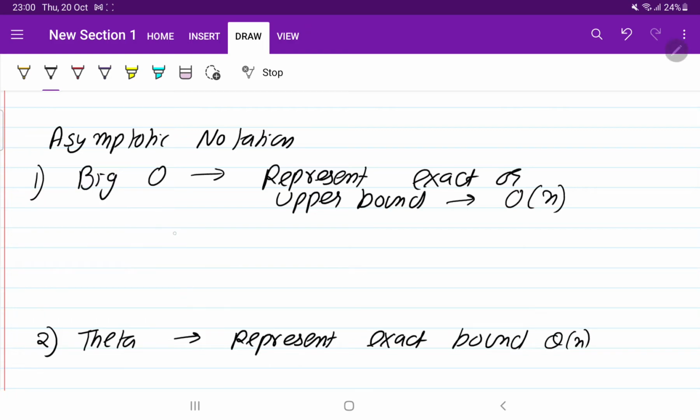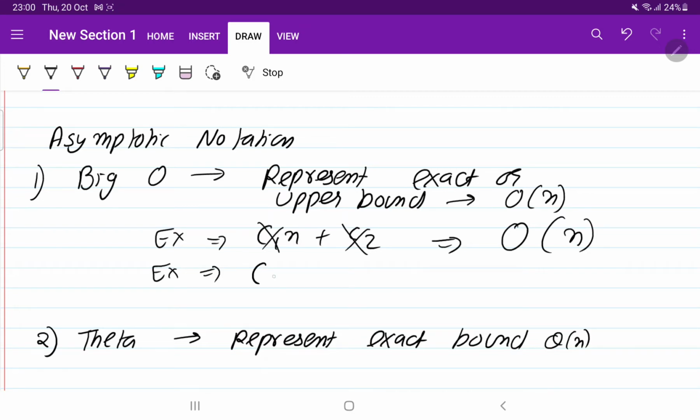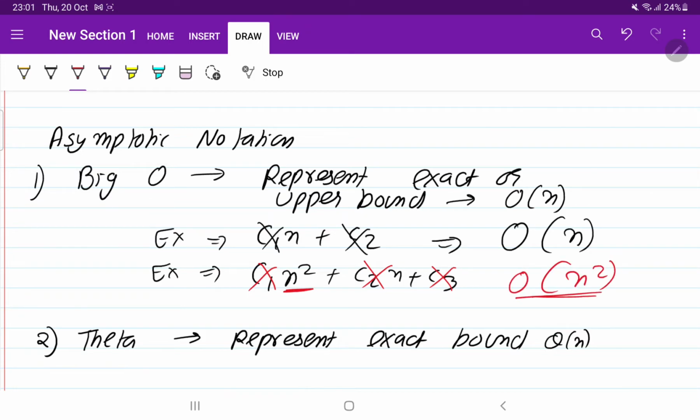For example, let's say it is taking c1n plus c2. So you know that we can ignore the lower order terms. So you can write here it is taking O of n time. So if I take the example c1n square plus c2n plus c3, what I told you is to ignore the lower order terms and ignore the constant. So here I can write that it will take the maximum amount of time, meaning upper bound, meaning it is not going to take more than n square of time. So we can ignore the constants and the other terms. So you can write it like this.